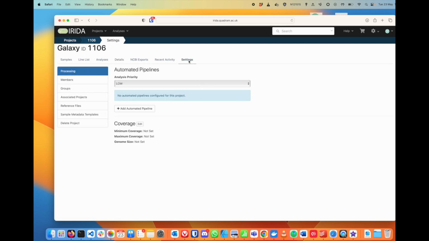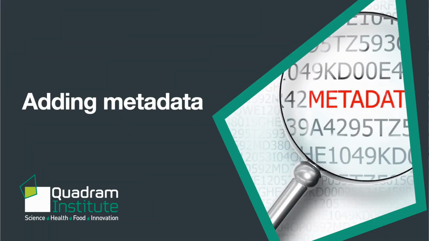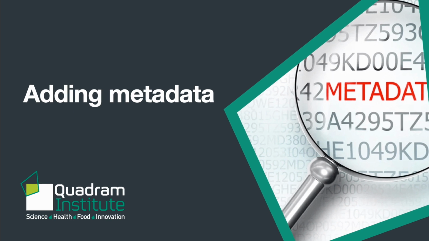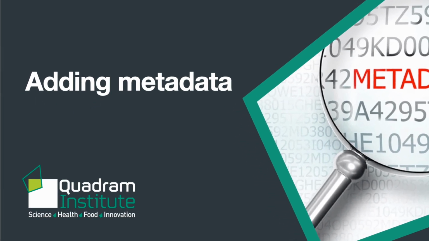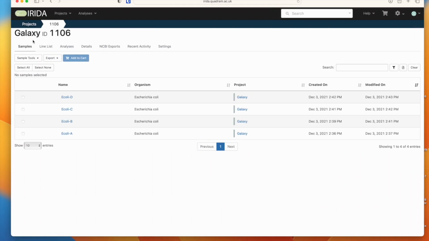Finally, from the Settings pane, you can add or remove collaborators from the Members section. Now let's explore the step-by-step process of adding metadata to a project. Metadata encompasses various attributes that we can assign to each sample, such as treatment, collection date, amount of extracted DNA,